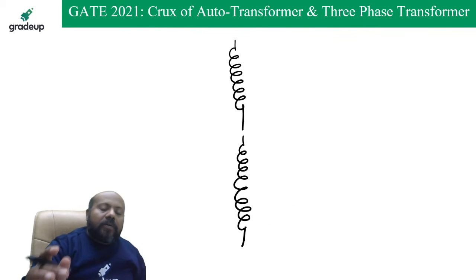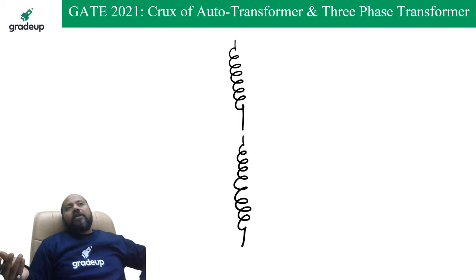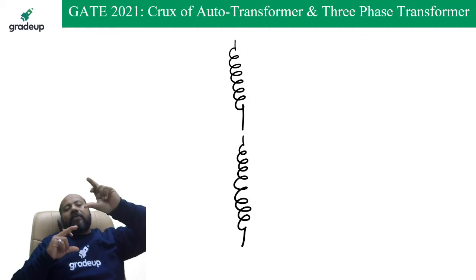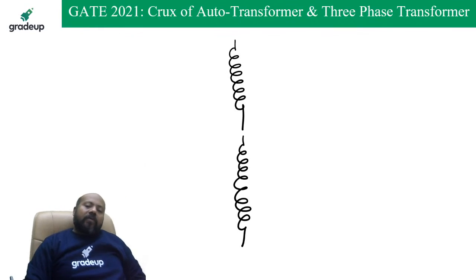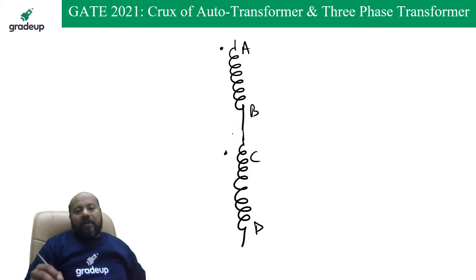Now, you know that if you want the maximum kVA, then definitely you have to go for additive polarity. Additive polarity means both the primary and secondary windings you are going to connect in such a way so that their EMFs or voltages are going to be added together. Suppose first I am keeping AB winding here and CD winding here. This is the dot and it is being connected like this.